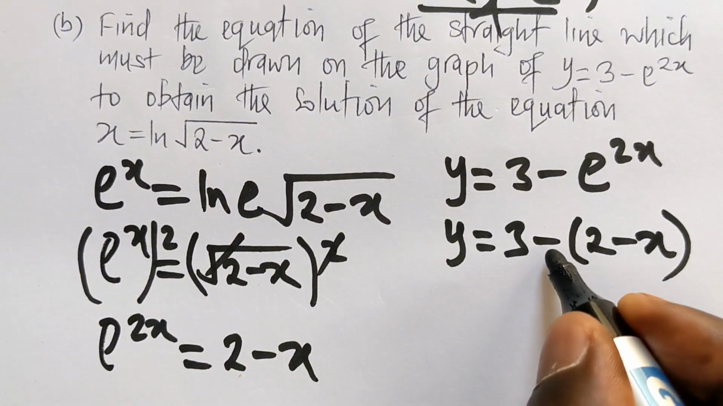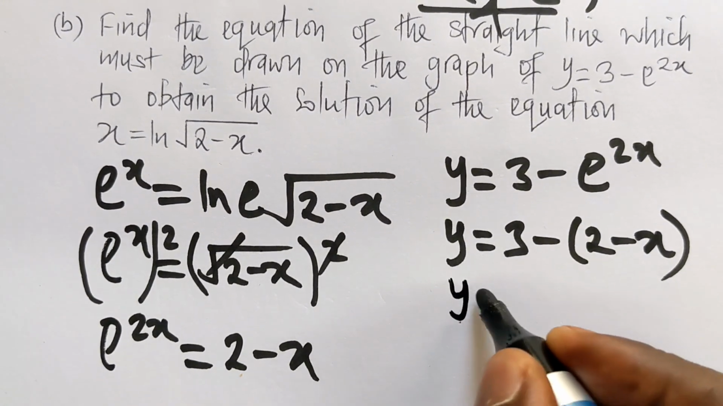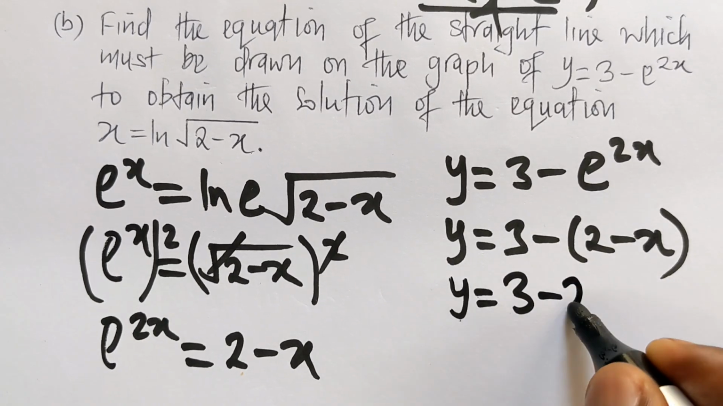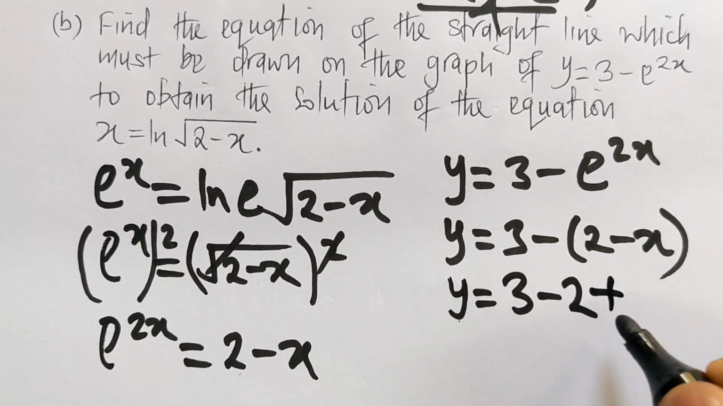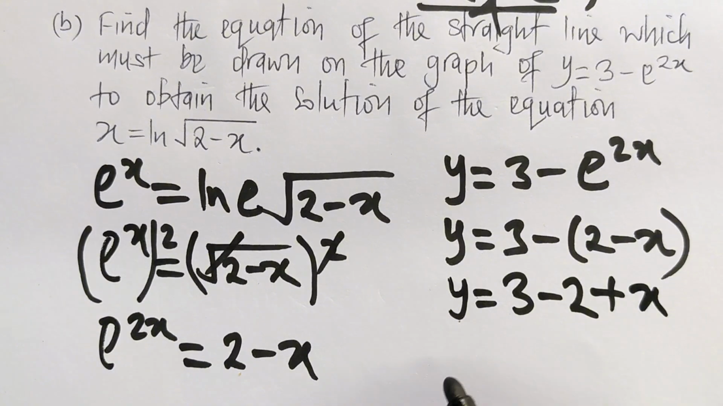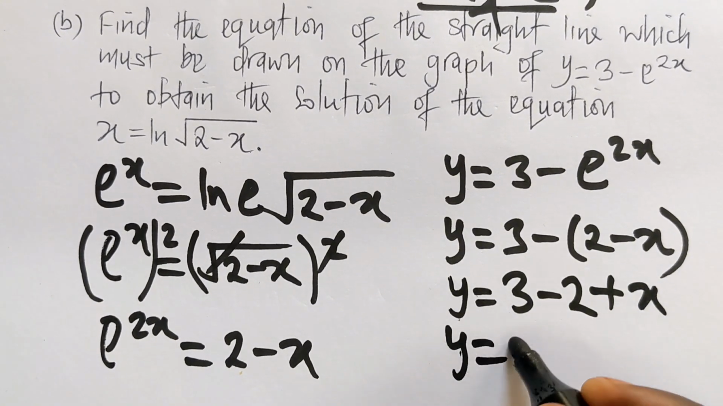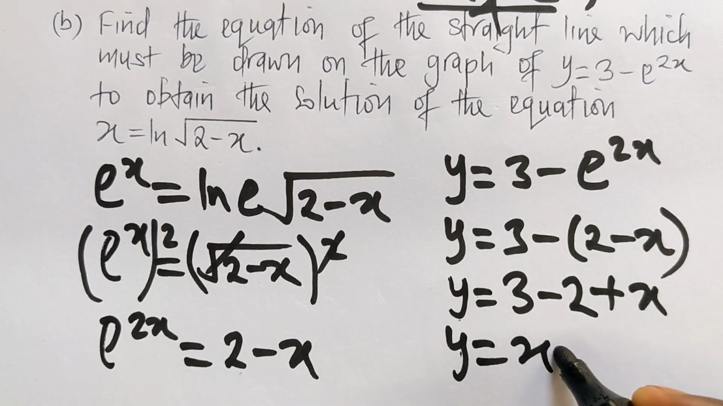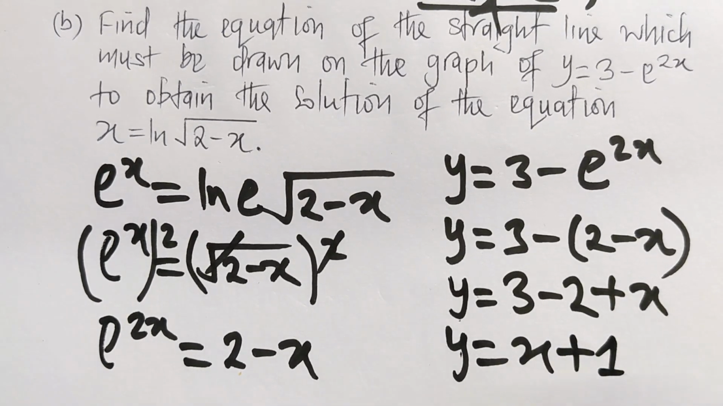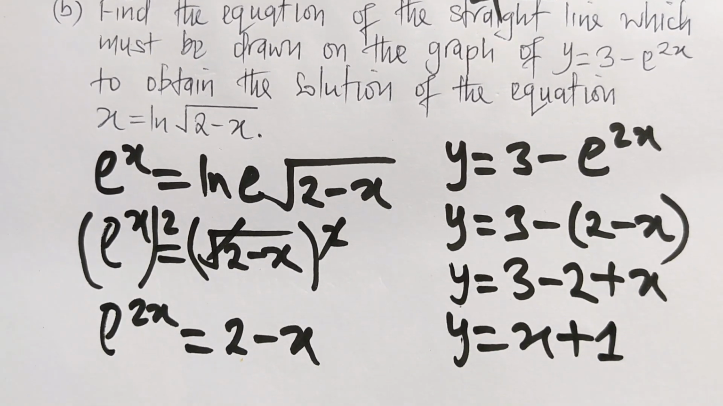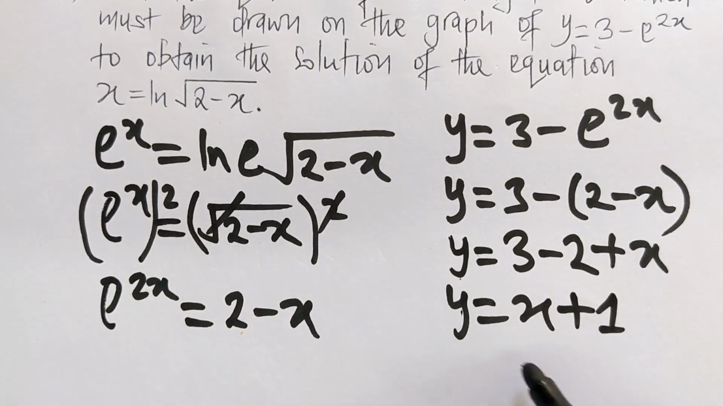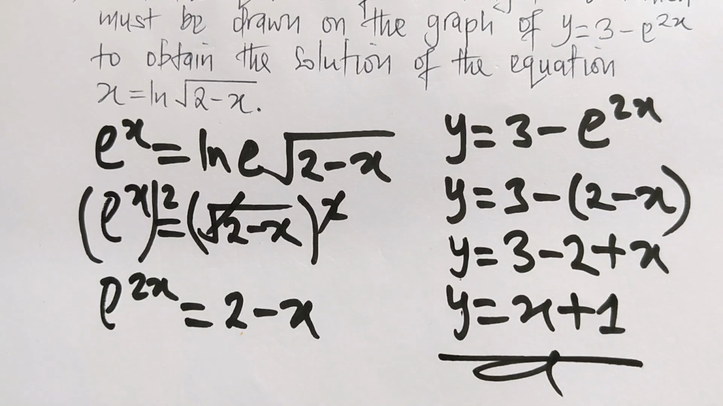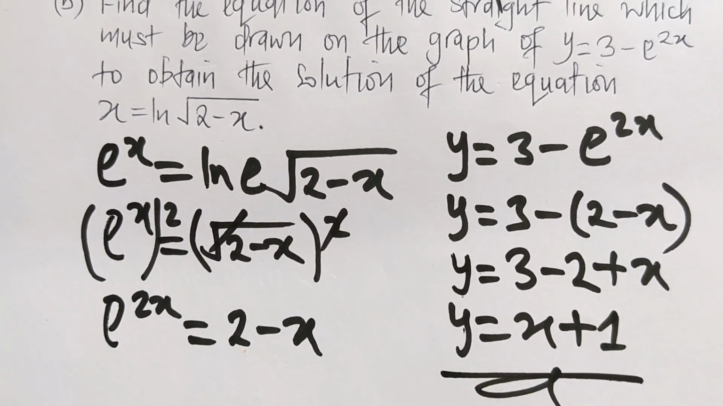And then multiplying what we have here will give us the following: y equal to 3, negative times positive is negative, negative times negative is positive, then x. So y equal to, starting with x, then 3 minus 2 here, we get 1, so positive 1. So y equal to x plus 1 is the equation of the straight line,